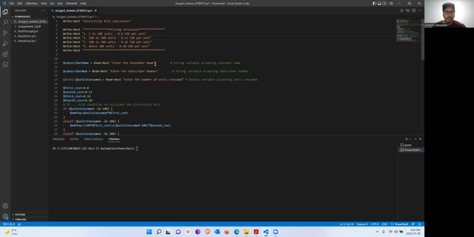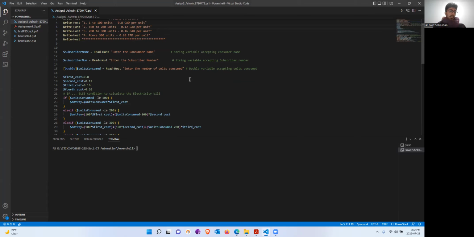These are the two string variables which I am asking from the user. Next, I'm asking for the number of units that has been consumed by the user for the particular month. Number of units means the electricity consumption of the customer in kilowatts has to